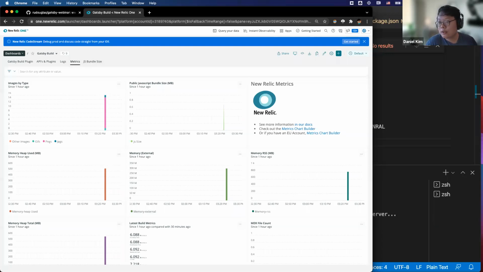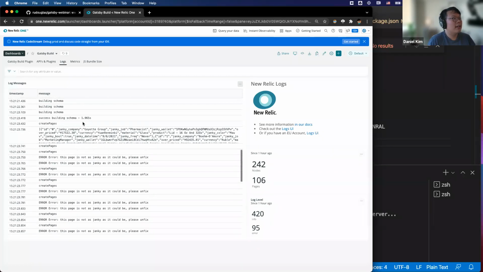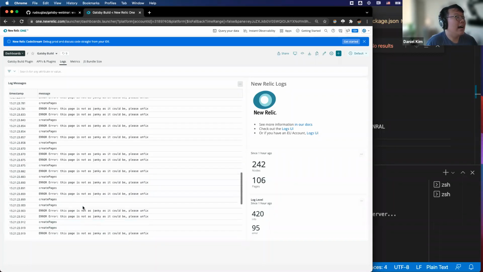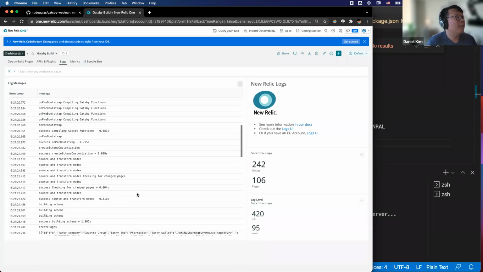I want to go over one more thing before we have to rebuild, which is logs, and two more things, logs and JavaScript bundle size. So this is our UI for logs. This is just an embed of our larger UI, but you can see the latest logs created by your application. Here you can track things like errors in our application that still allow it to build, as well as things that pop up in your logs when you're building a Gatsby site. The cool thing about New Relic is that it has a lot of built-in functionality to extract data from your logs immediately. Let's take this for example.